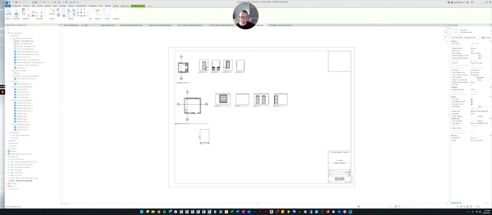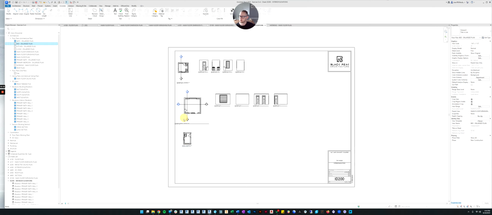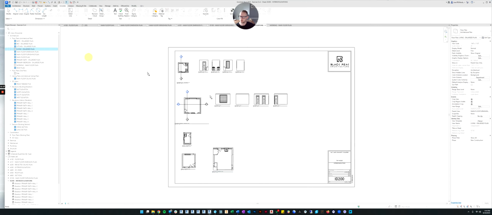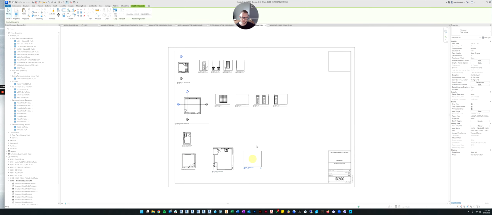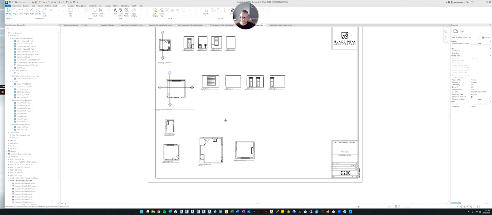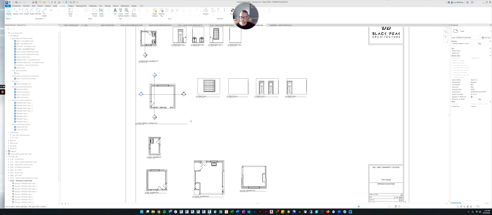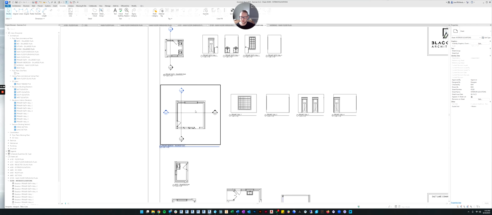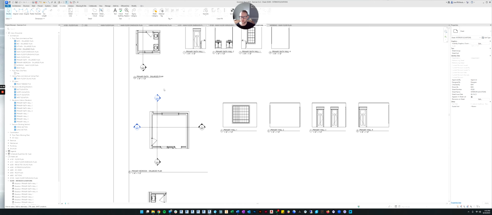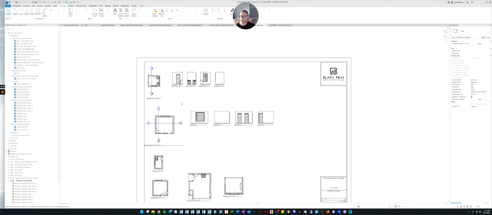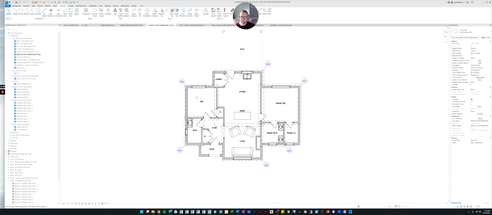Let's put the bathroom on here. Let's put the bedroom, the kitchen, and the living room. There we go. So now those are sheeted and they look pretty good. You can see, we'll get into this in the next video when we talk about annotating the enlarged plans and the elevations.